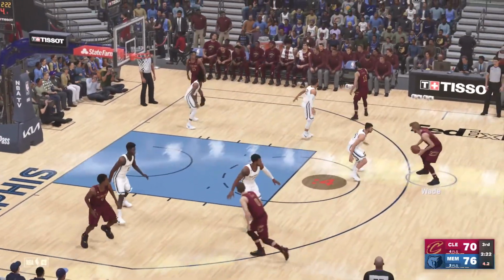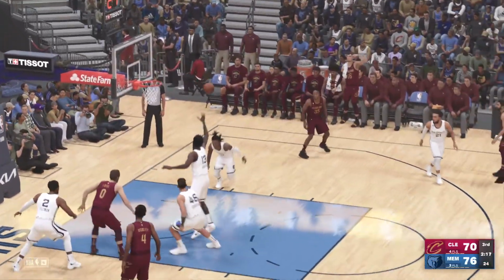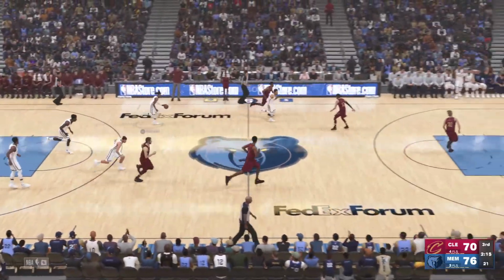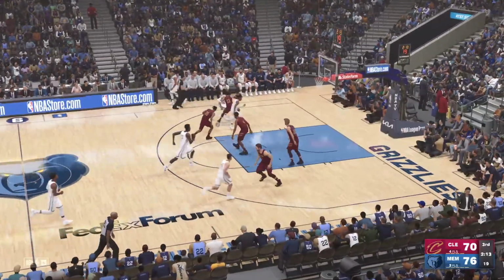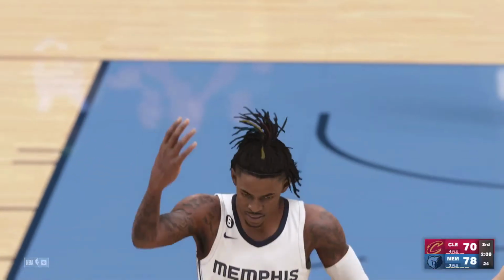6 seconds, 5 seconds. Now Dean Wade. Now over to Rubio. Rubio with 2 seconds. He's going to fire a contested three. It's no good. That's just not good offense right now for the Cavs. They've got to move the basketball underneath Morant, and they do move the basketball, and Morant gets another easy layup,